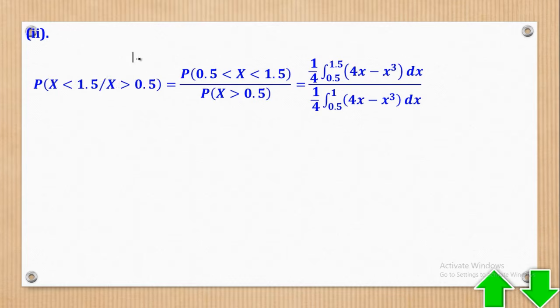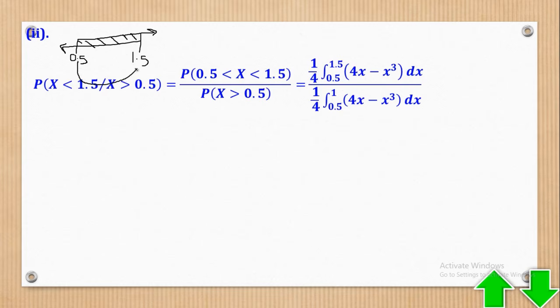So the first one is x less than 1.5, so where there is 1.5 and less, it goes this side. Then we have 0.5 greater, so greater goes this side. But they want the intersection. Intersection means the range which is shared by both. So if you look at this, it is this range which is shared by both, and it starts from 0.5